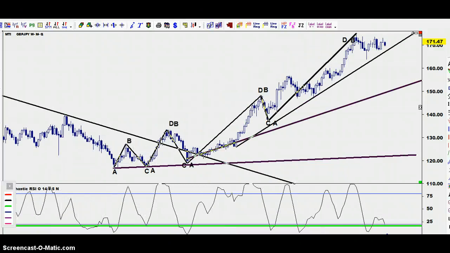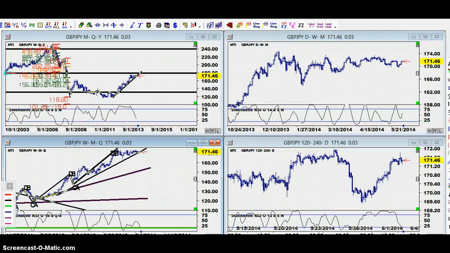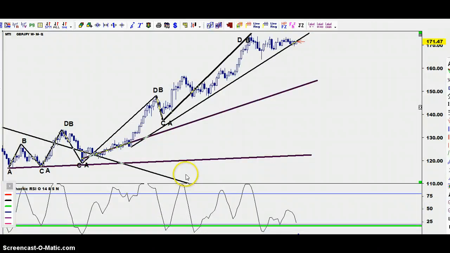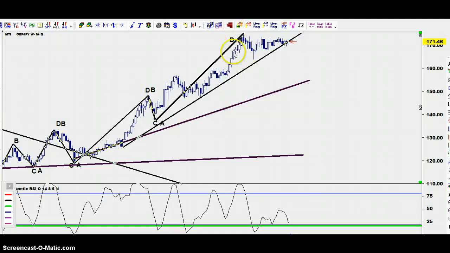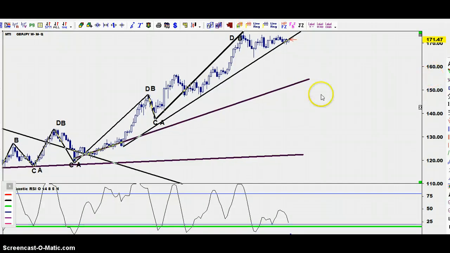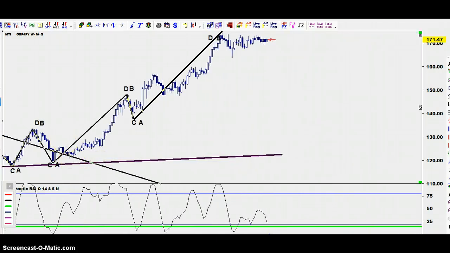What I've done here is I've already marked up that up move that we saw on that monthly chart, so you have an idea, because what we're looking for is a break of that trend line. Is that right? That's not right. Whatever this is, it is definitely not right. Let's take it out. Let's delete this one as well. Okay, all right. So that's our outer trend line, and our inner trend line will be from here to here,